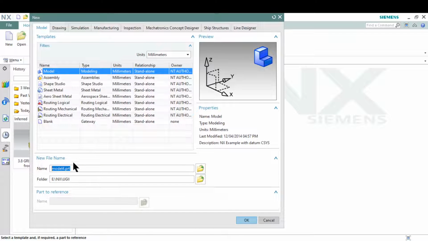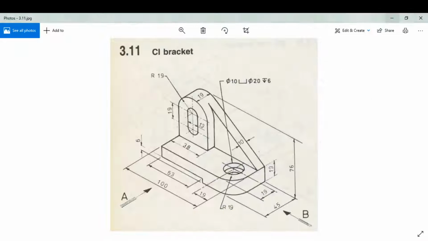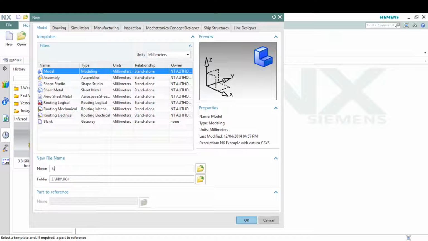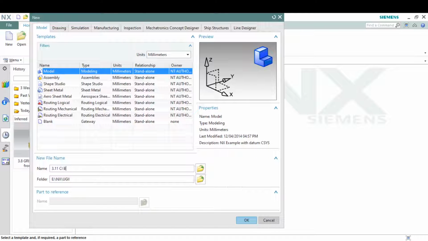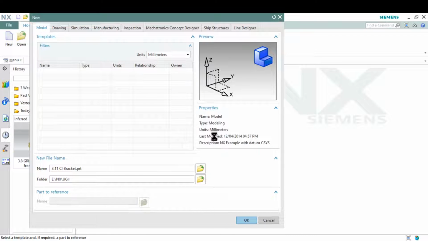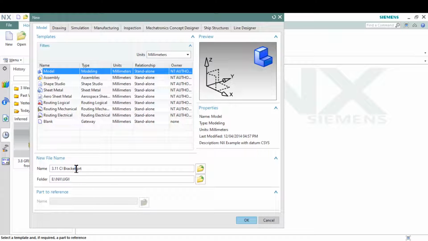and then you give the name 3.11 CI bracket, and then enter. Already exists. I will edit the name. Okay,